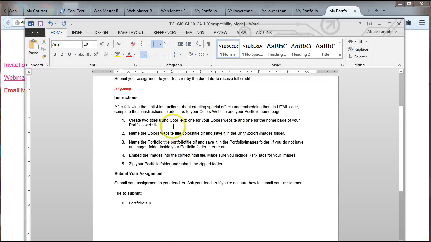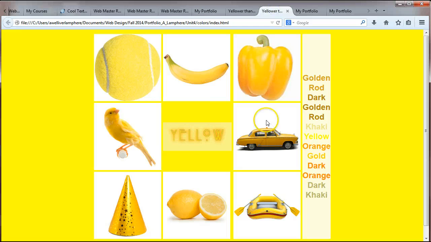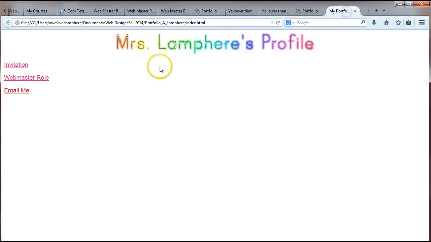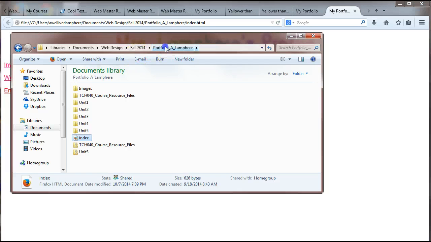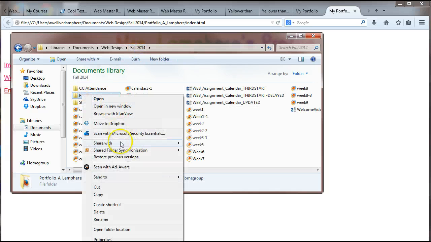So we created, again, you should have 3 titles in total. You should have a title for your Webmaster Roles page, you should have a title for your Colors website, and a title for your My Portfolio page. So 3 different titles for this assignment. And then you're going to zip your entire portfolio folder. So make sure you're outside of your portfolio folder, right click,